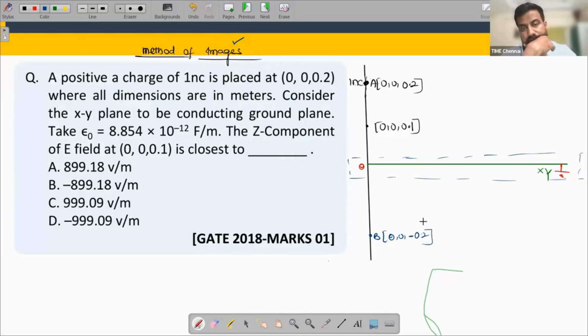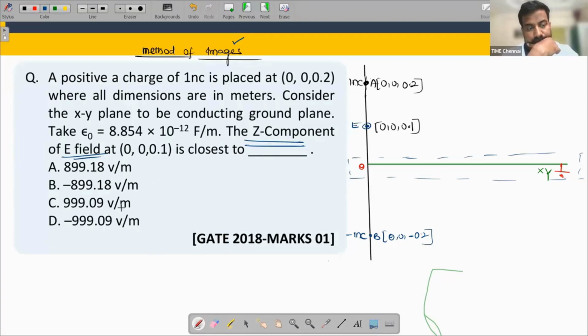Now, if you see here, there are two charges. I consider this to be minus 1 nanocoulomb. And I want to find the Z component of electric field at 0 comma 0 comma 0.1. So at this point, I want to find the electric field,